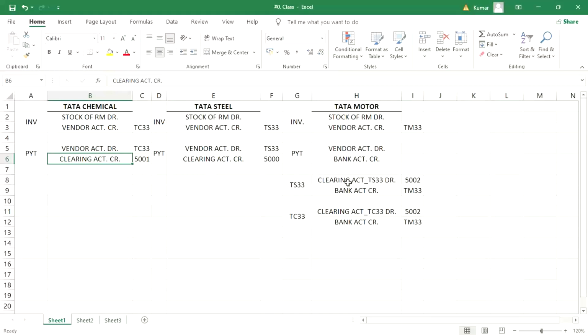But for Tata Motor, we required two clearing accounts. Why? Because one is going to be used when the payment is going to be made on behalf of Tata Steel. Another is going to be used when the payment is going to be made on behalf of Tata Chemical. Likewise, again, another can be created if the payment is going to be made for, let's suppose, Tata Cement,